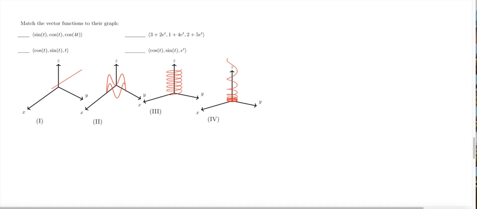So we want to figure out what this vector function looks like in 3D space, and we want to match the picture with the function given. So the first one is sine of t, cosine of t, and cosine of 4t. Projection of that on the xy plane